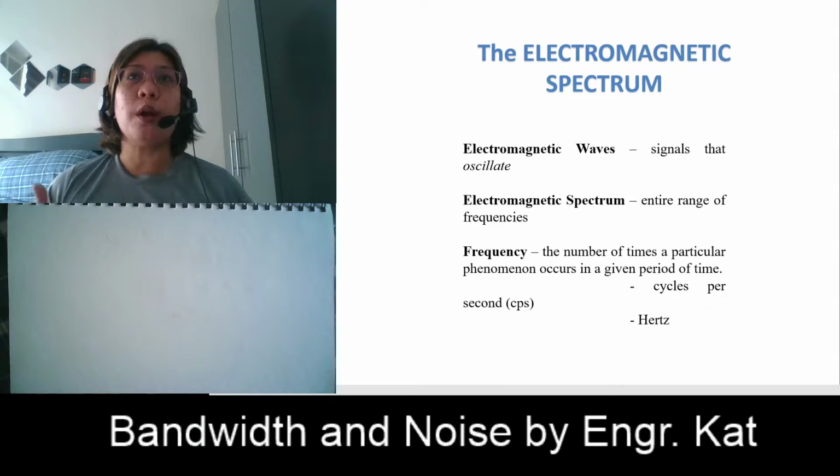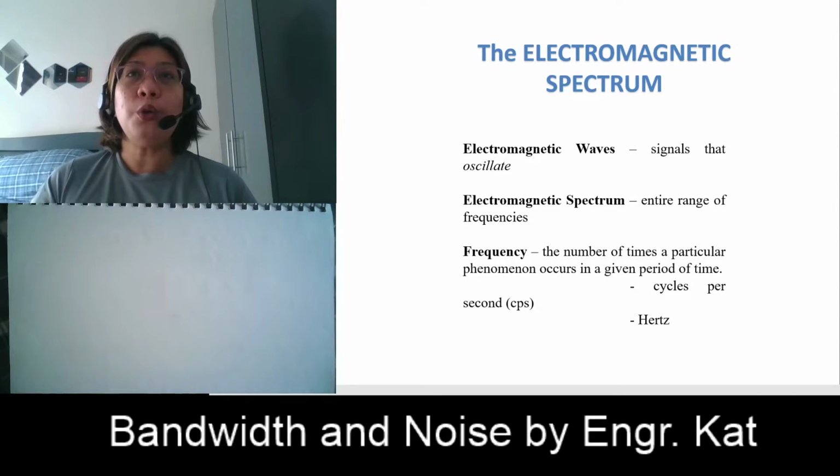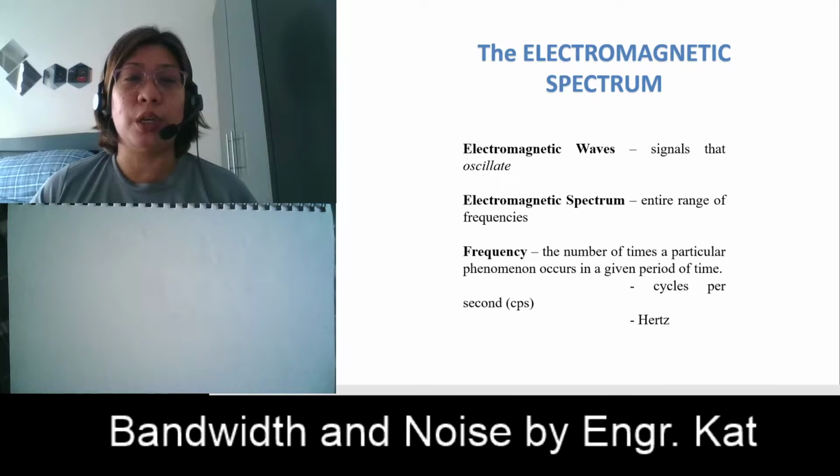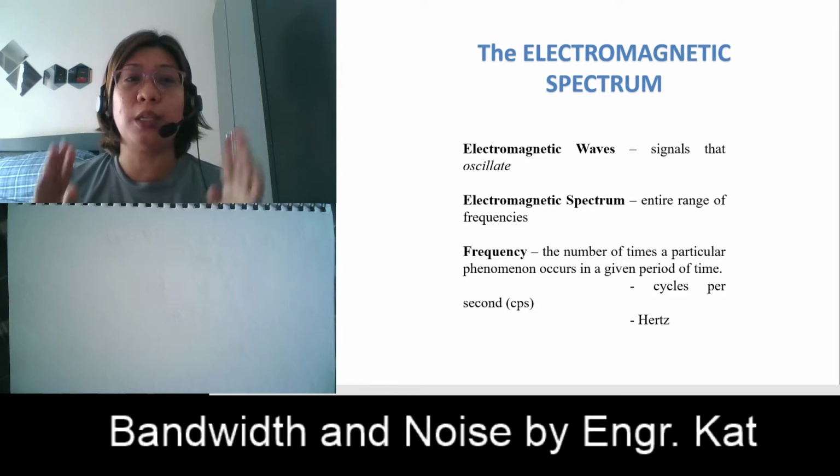If you are an engineer in a specific field of communication, for example an AM broadcasting company, you will be designing electronic circuits such as oscillators and filters that will function at that specific frequency range. Those ranges of frequencies, we can find in the electromagnetic spectrum.